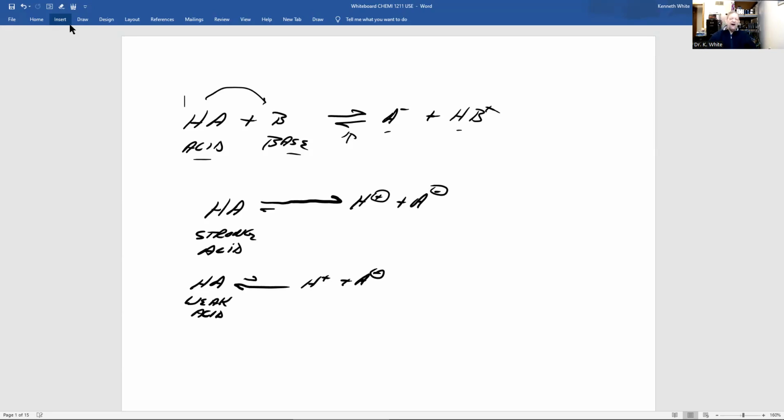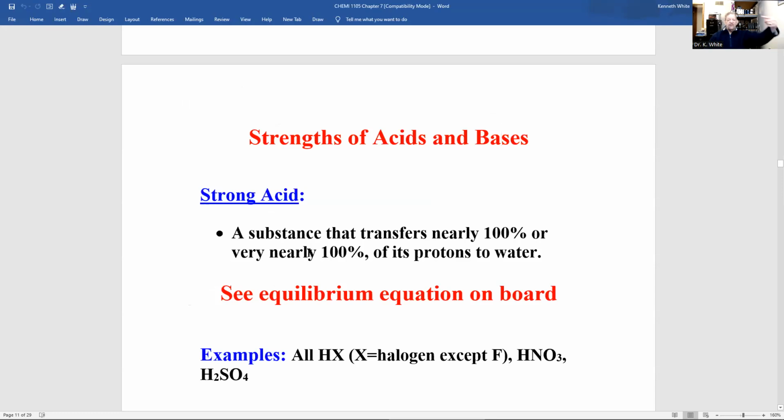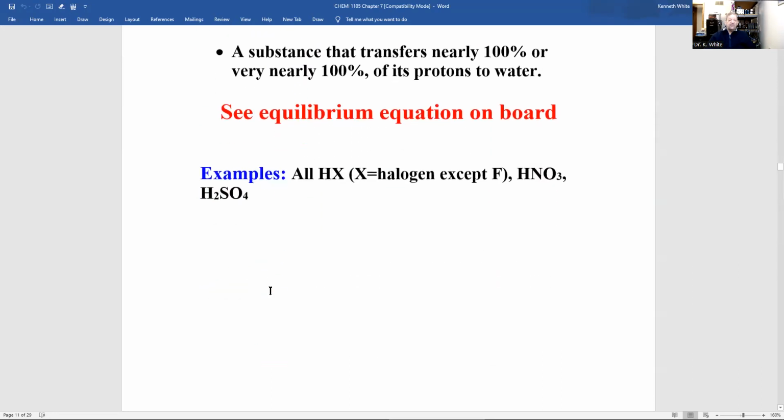And why should you know about strong and weak acids? Well, for your own safety is one thing. Now, for a strong acid, the equilibrium is to the right, nearly 100% is transferred to water. I had water in there. Now, examples of